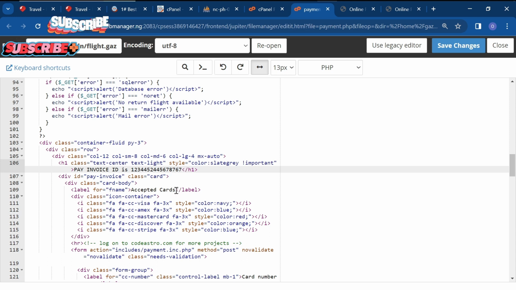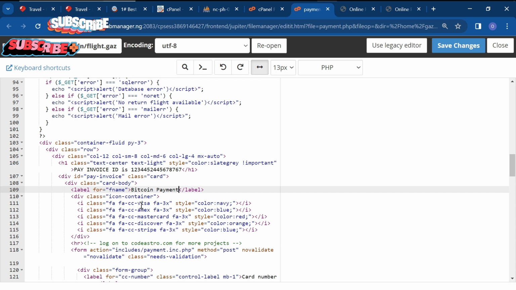So you're going to change this accept card to Bitcoin payment. Then these logos, this favicon of Verve, American Express, MasterCard, Discovery, Stripe, you can take these ones out,